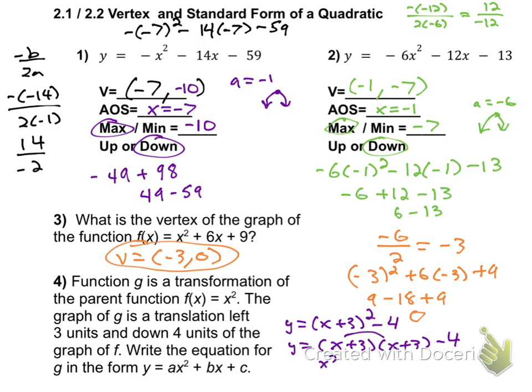First will give me x squared, outer, plus 3x, inner, plus 3x, last, plus 9. Can't forget about that negative 4. So that answer would be y equals x squared plus 6x plus 5. Wait, how did I get 9x? Oh, because